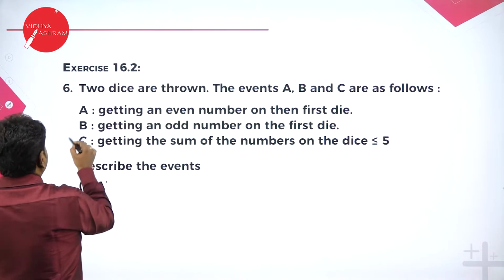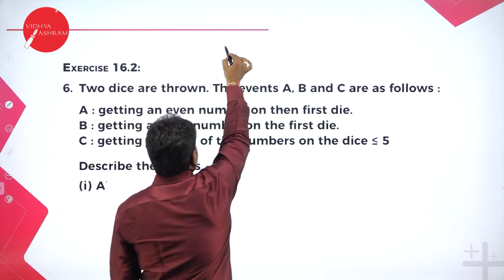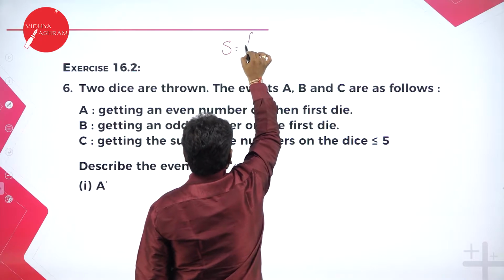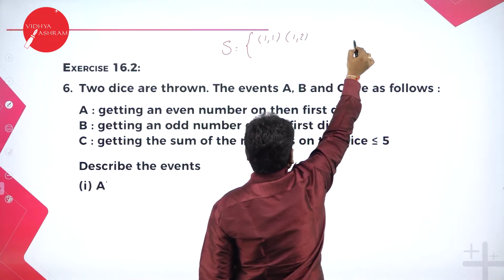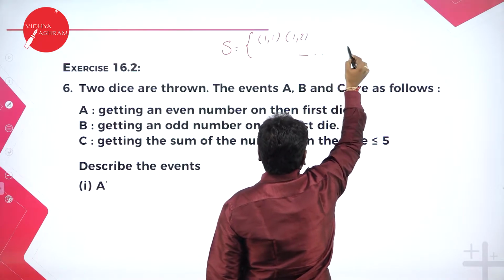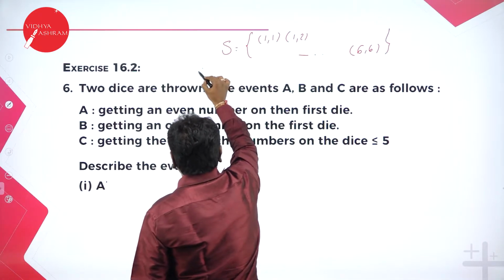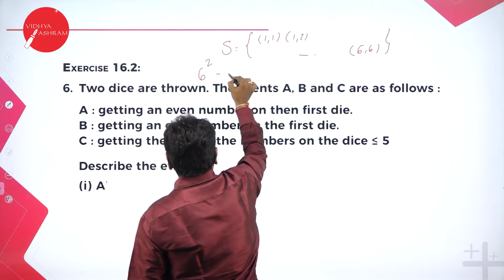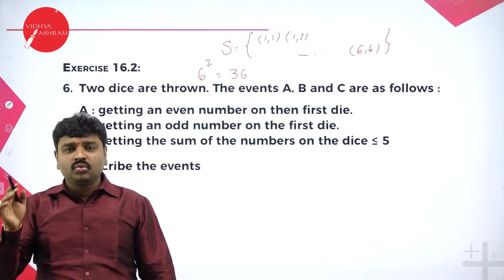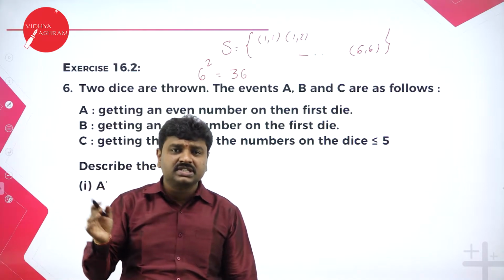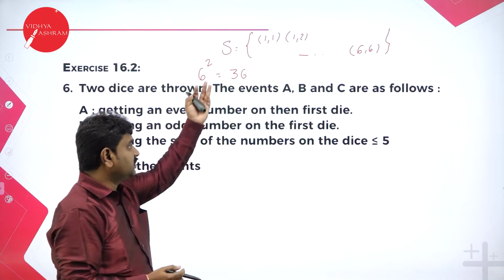We can do it. So first we'll say what is the sample space for this. It starts with 1,1, 1,2, 1,3, 1,4, 1,5, 1,6 like that, so on. Then 2,1, 2,3, up to 6,6, where it ends. When you roll 2 dice, 1 die has 6 outputs, so for 2 dice it is 6 squared, 36 outputs. The outputs will be in the form 1,1, 1,2, 1,3, 1,4, 1,5, 1,6, then 2,1, 2,2, 2,3, 2,4, 2,5 and both the dice like that till 6,6.